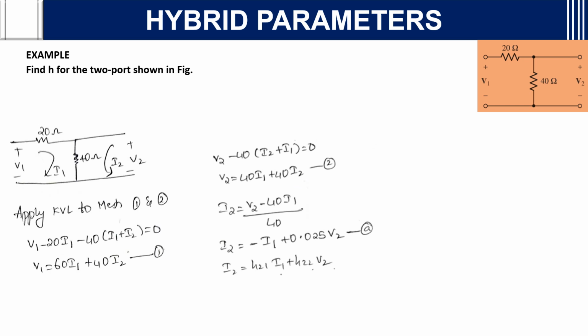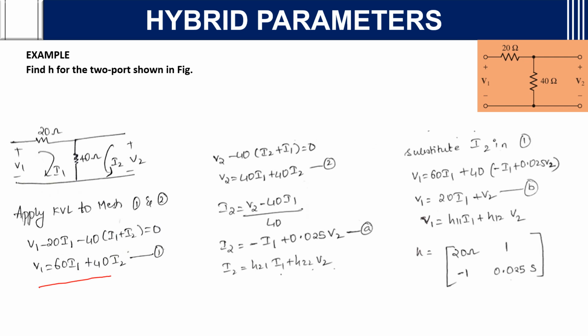Then if you rearrange the second equation, you will get I2 in terms of I1 and V2. You want it in these terms only: I2, I1 and V2. So H21 will become minus 1, and H22 is 0.025. If you substitute this I2 in equation 1,